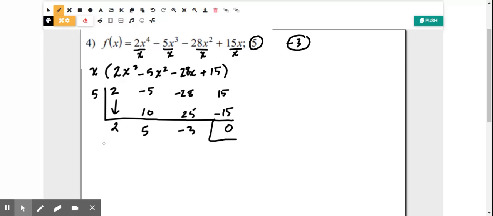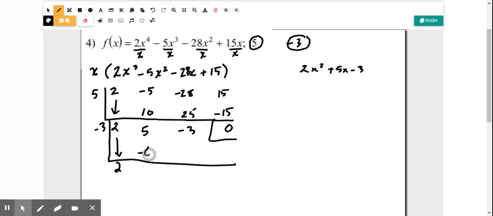So now I have a depressed equation, which is 2x squared plus 5x minus 3. I'm just writing this out to the side just so you can see it, but we don't need to really use that. So I'm going to continue here, and I'm going to do synthetic division again. Now I'm going to use my other root. All right, so I'm going to bring that first term down. I'm going to multiply, I'm going to add going down, I'm multiplying, and yes, just as expected, I got a